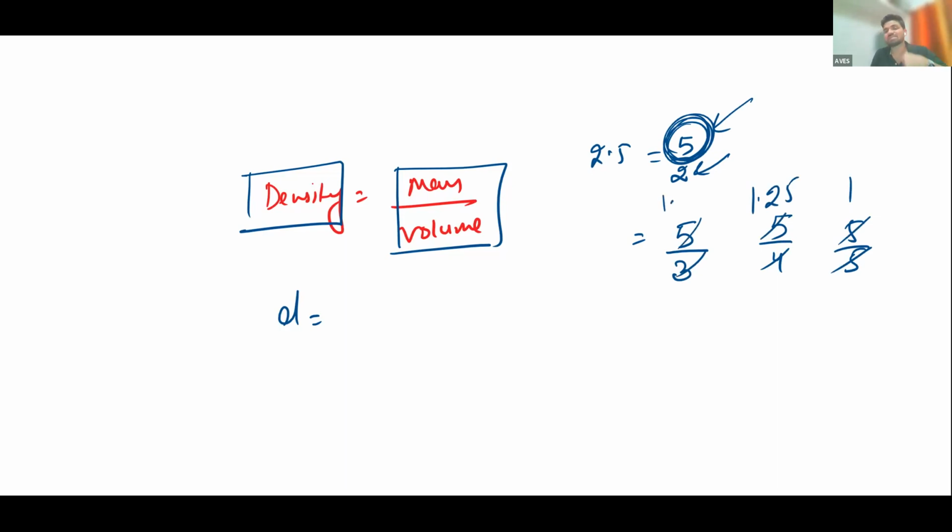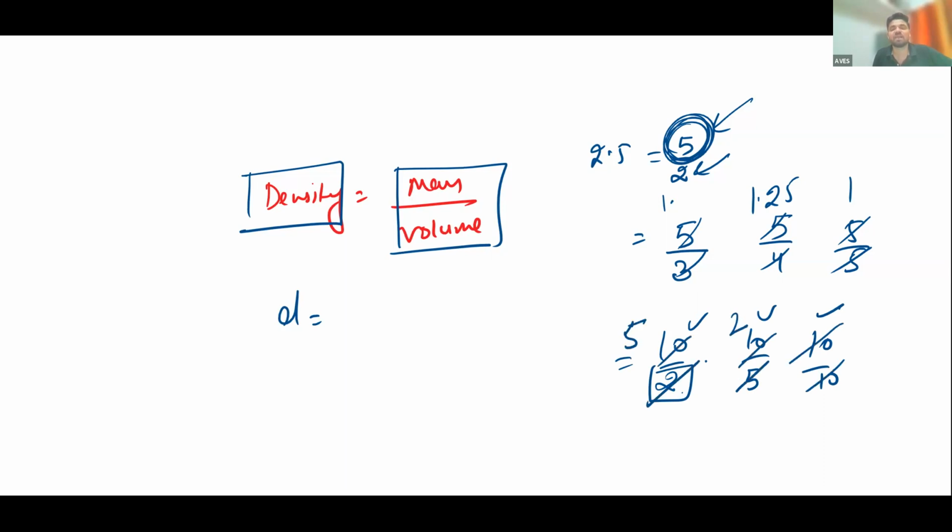Okay, so we're saying here that if you increase this value, the denominator, the whole value will decrease. For example, 10 divided by 2, 10 divided by 5, 10 divided by 10. If you keep this 10 constant, you will find that on increasing this value, the overall value will decrease. So if you keep this value 2, then it will be 5 as an answer. If you increase this value to 5, it will be 2 as an answer. Here, if you keep this value 10, it will be 1 as an answer.